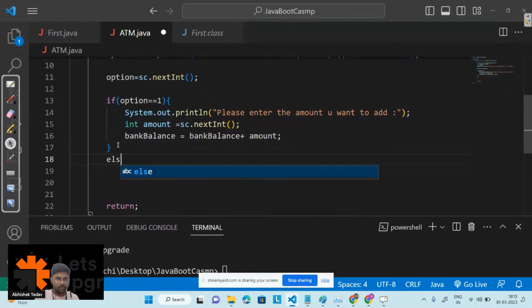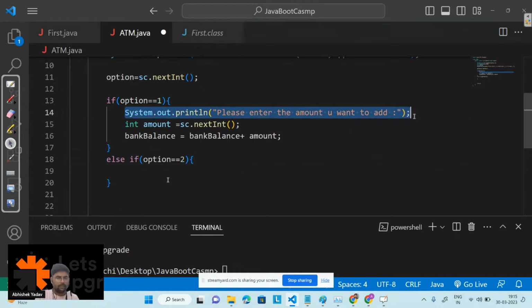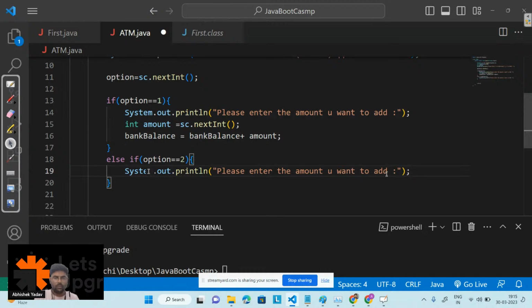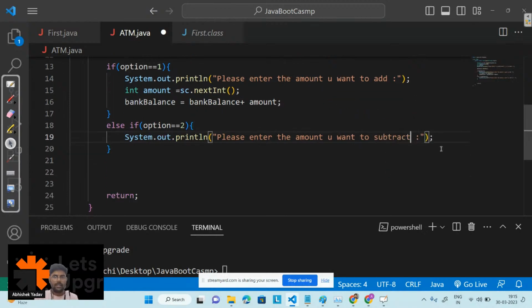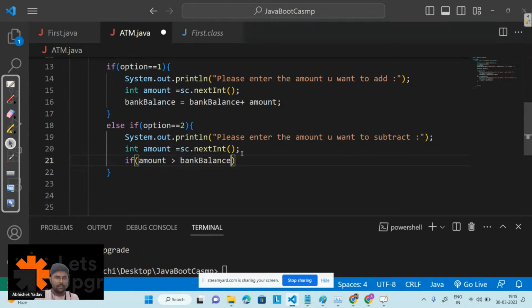After that, we will move to the else if part, and in the else if part, option is equal to 2. I will print, please enter the amount you want to subtract. After that, I will take input from the user, that is this one. And after that, here I will write a check: if the amount you have entered is greater than the bank balance, then I will print a message that is,